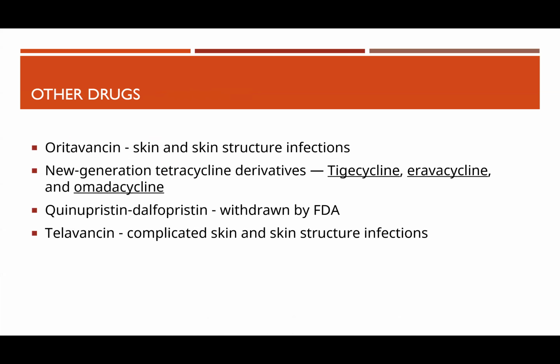In terms of other drugs, so oritavancin, I hope I'm saying it correctly, is a semisynthetic glycopeptide that inhibits cell wall synthesis and has some in vitro bactericidal activity against Staphylococcus and Enterococci, including vancomycin-resistant strains. But the activity seems to be increased against some vancomycin-resistant enterococcal strains by an aminoglycoside. But there's no real trial data to support its use in VREs, although there has again been some anecdotal reports